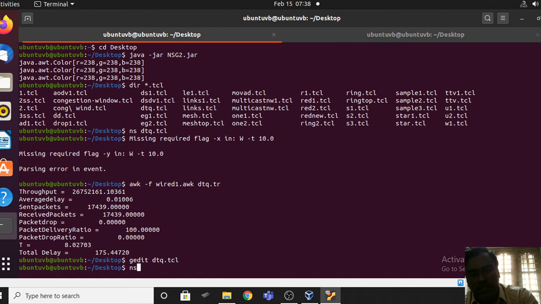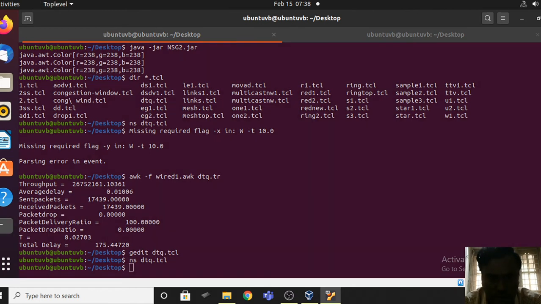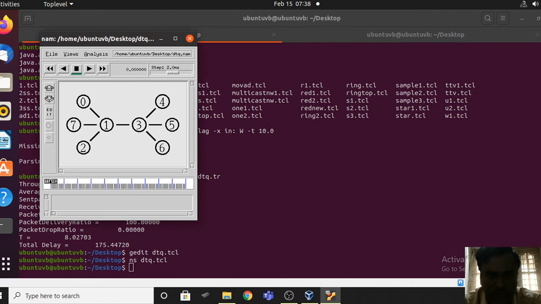Whenever you have made the changes, you have to save and once again you have to execute that file. After that you have to simulate that. So first you have to execute dtq.tcl. After that you can simulate. It got executed. You have to simulate.